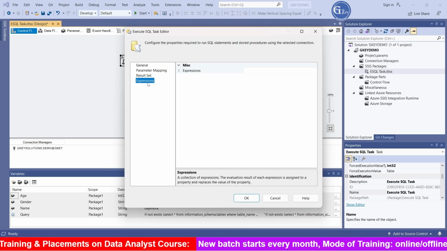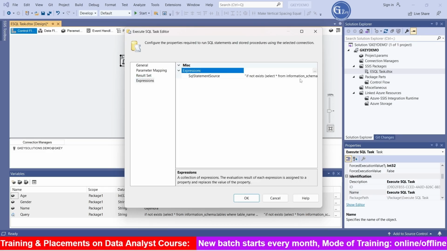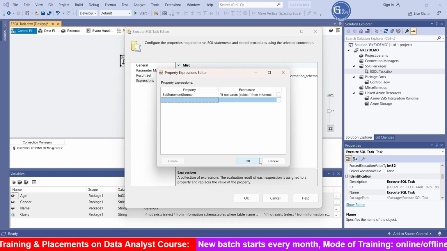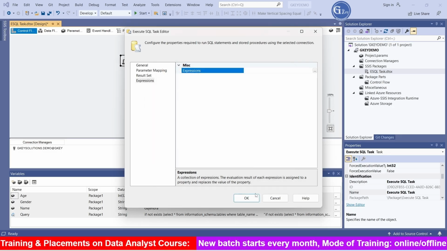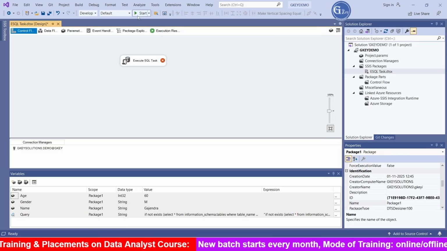Okay, we have written something in the expression. We have to delete it before doing that. That is what it is saying. We are trying to delete that one. Now